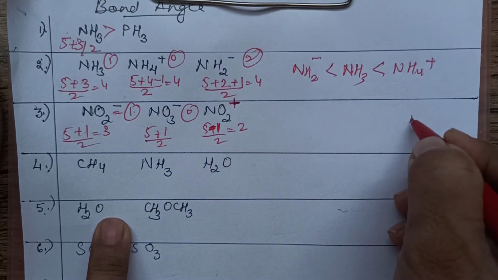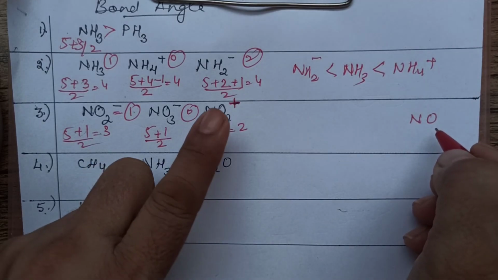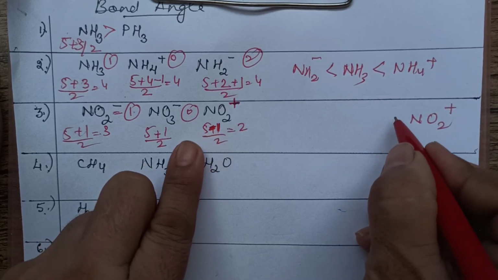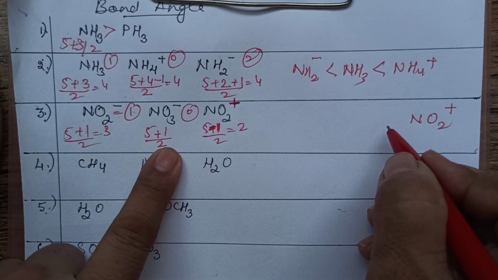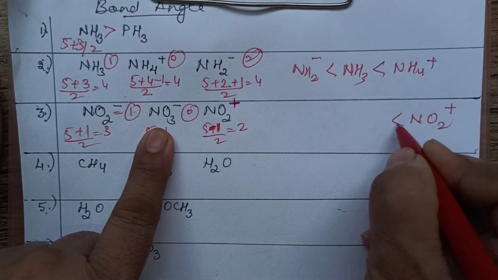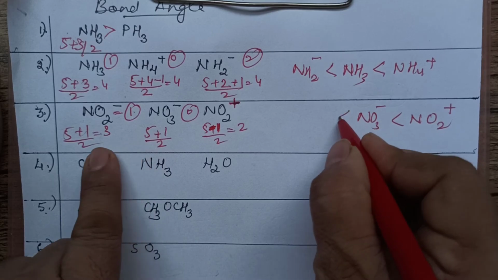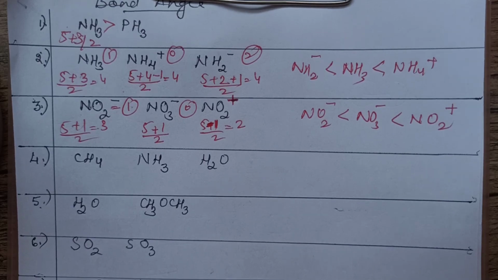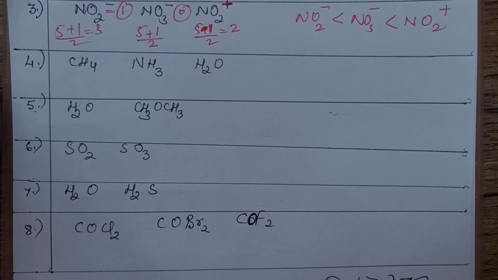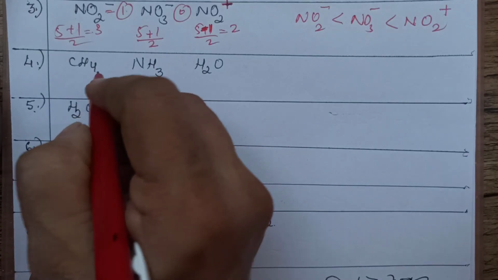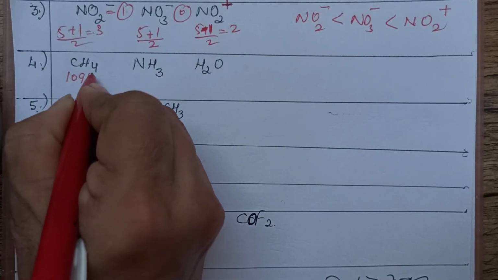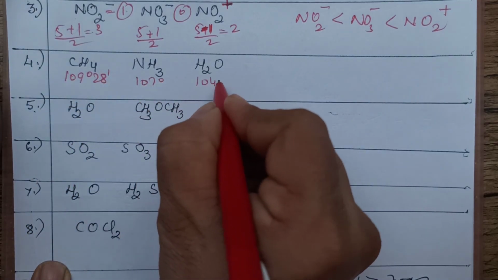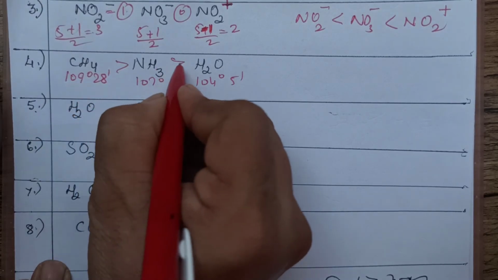So now that is very, very clear. The hybridization you can check. In this one it will be the maximum, that is sp hybridization this is having. These two are having the same sp2. Then you have to check for the lone pair. 0 lone pair means you will have this one first, and then this is having 1 lone pair, so you will put it like this. This correction I think you can make. Now let us quickly see. This is very clear. We have calculated the bond angles: 109 degree 28 minutes, 107 degree, and 104 degree 5 minutes. So we know obviously the bond angle.